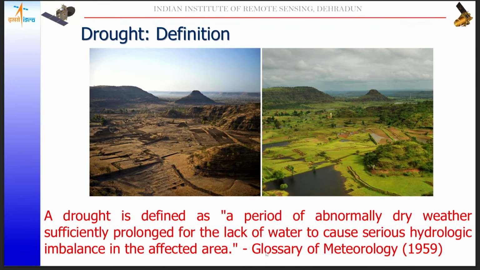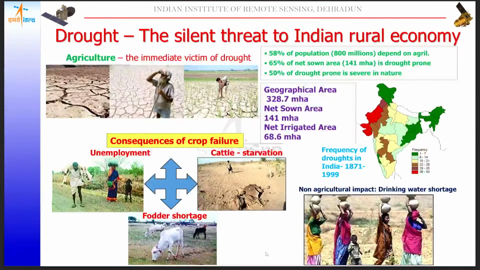So we can say drought is a localized, region specific phenomenon, where a deficiency of water may create a serious hydrological imbalance in the particular area, or lack of water may significantly impact area specific water conditions and water availability, creating a situation of abnormal dry weather conditions only. So that defines this definition more clearly in a technical manner.